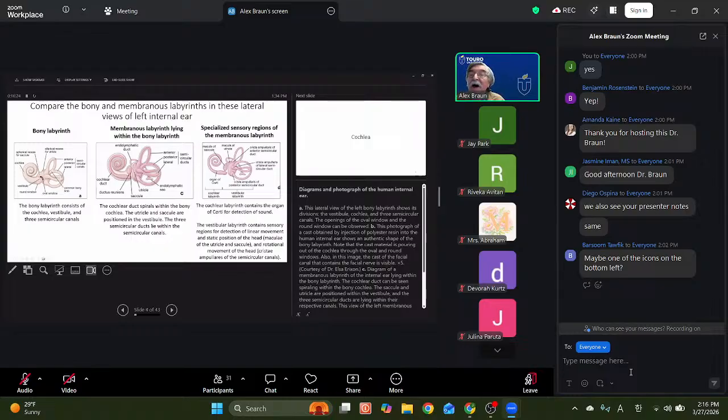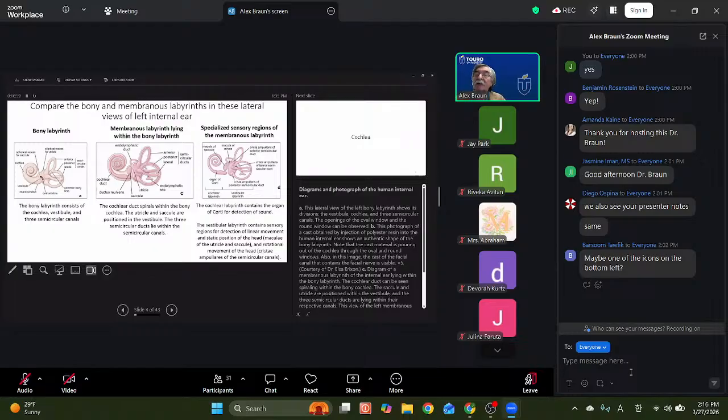Within the semicircular ducts are these transverse ridges of epithelium right here and right here and right here, which are called the crista ampullaris. So here's the crista ampullaris of the anterior semicircular duct. Here's the crista ampullaris of the lateral semicircular duct. And here's the crista ampullaris of the posterior semicircular duct. As you can see, there are three separate cristae ampullaris